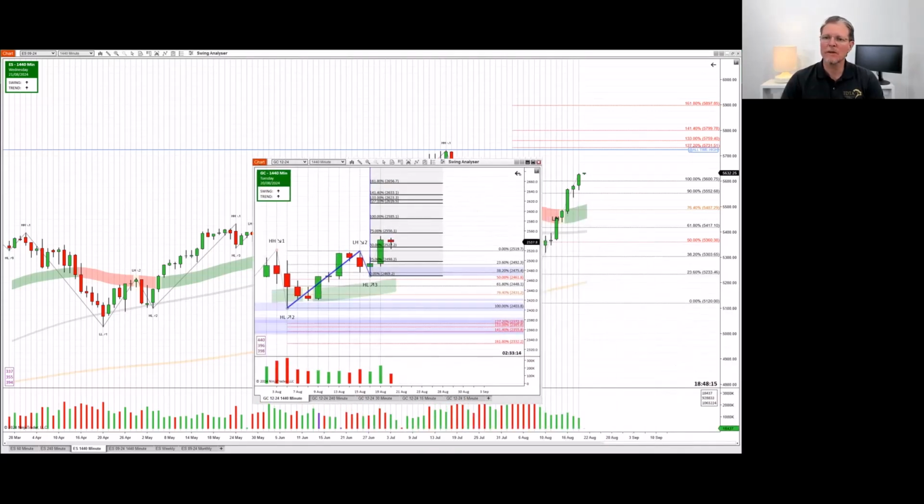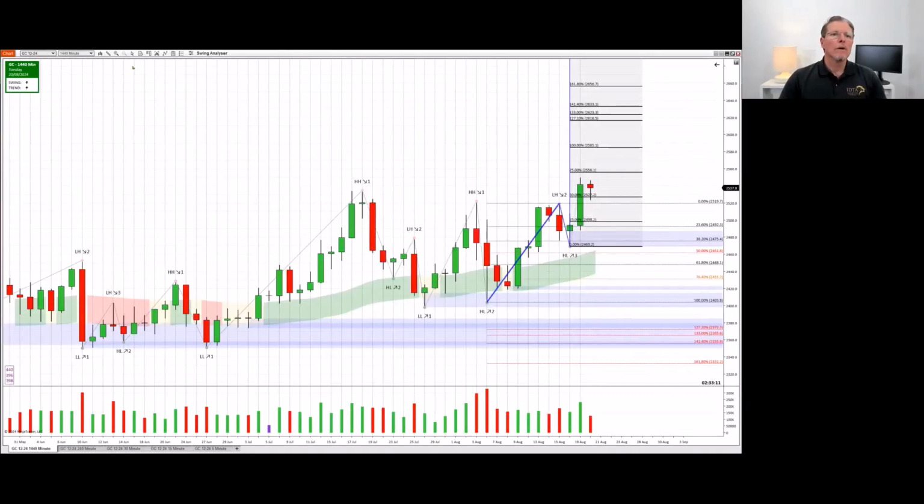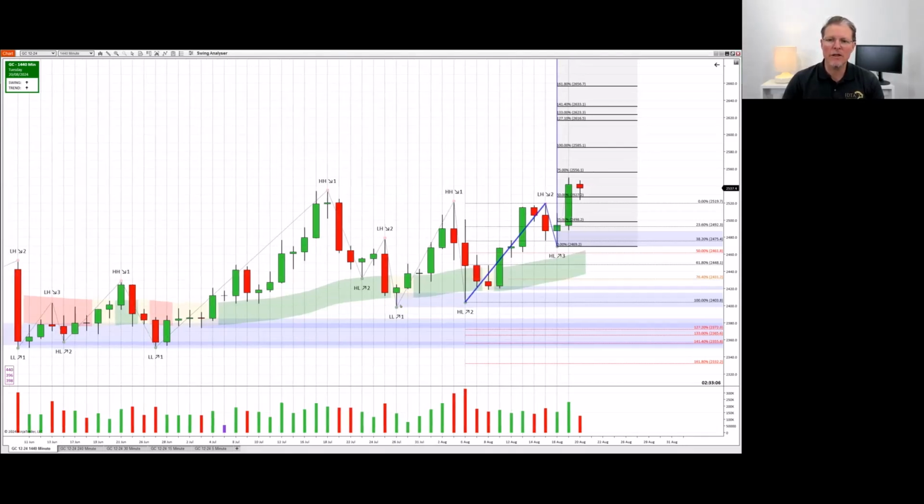One of the bullish markets that we're looking at is gold. Gold has been extremely bullish. Let's have a look and see. If we look back at end of July, the market went into an expanding range. So we went from lower low to higher high. So we were in a bearish structure here. Then we went expanding. Now we pulled back, and it looks like we failed to get below the 76 of this swing here. So it looks like we found support above the 76, and now the market went into a contracting range for a little while because it went from a higher high, higher low into a lower high. But then we went to a higher low, and you can see we failed at the 38%